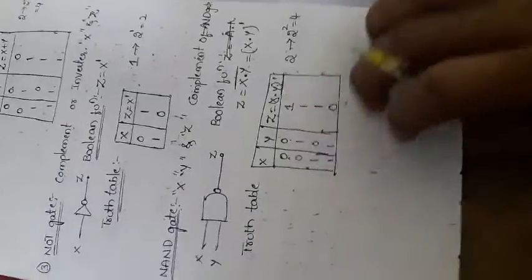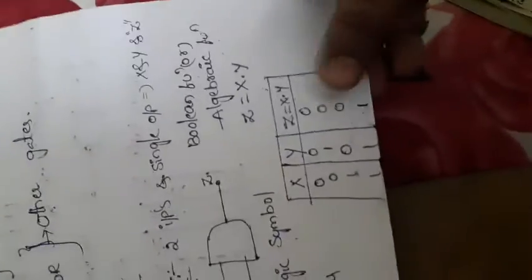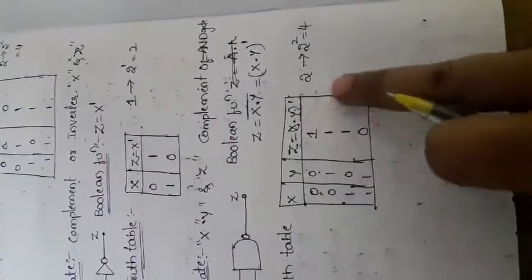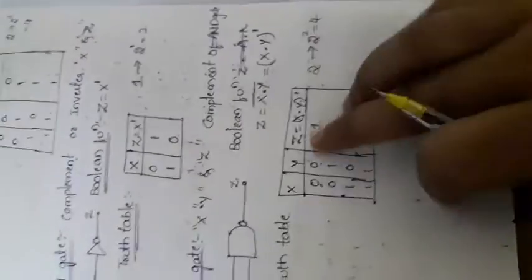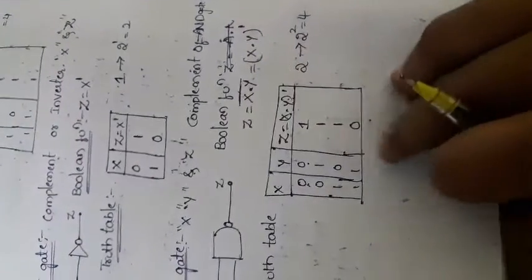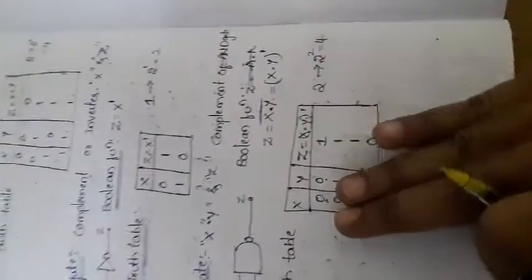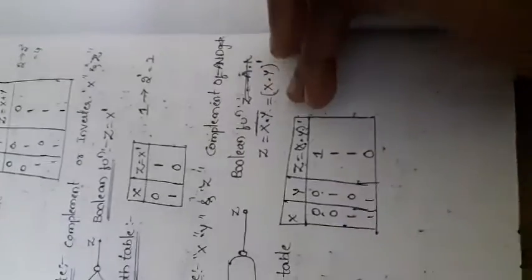So the truth table of this operation is exactly opposite to the AND gate. Is it exactly opposite or not? Just check it. The AND gate output is 0 0 0 1, and the NAND gate output is 1 1 1 0. So in the place of 0 in the first position it changes to 1. In the second and third places we have zeros, so here we'll have 1. That means 0 changes to 1 and 1 changes to 0 when you apply the complement. So this is a NAND gate.